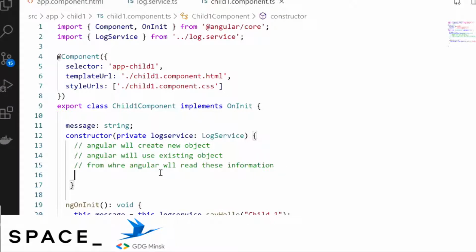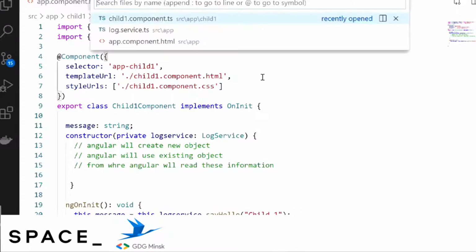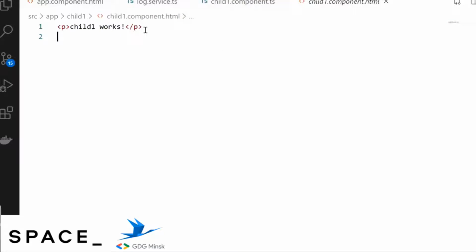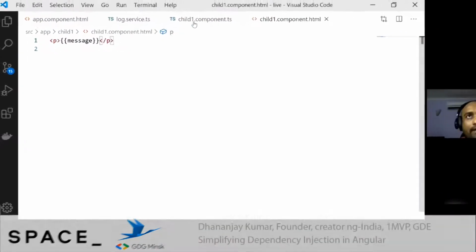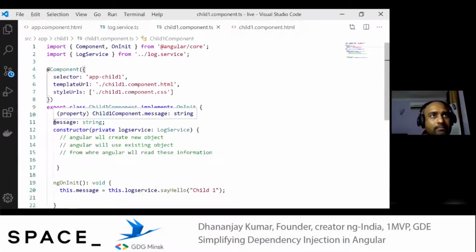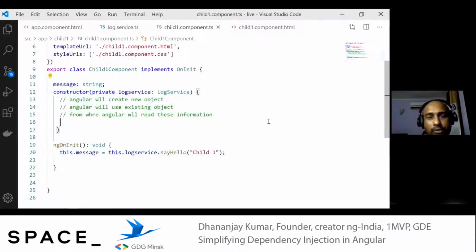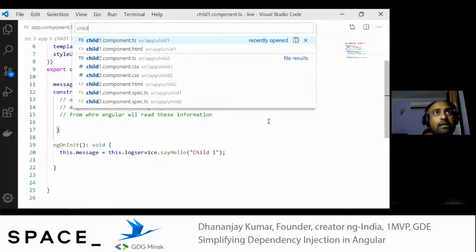All right. And then in the HTML, let's go to child1.component.html and just display that. In the same way, I'll take the same code and put it in child2 component as well.